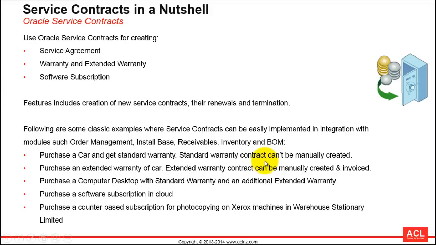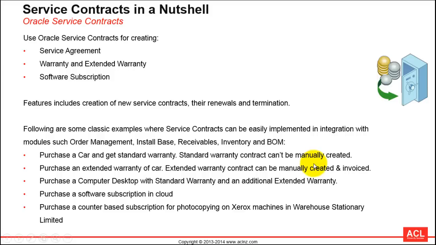That is one way. The second way is you can directly go into the service contracts module and create a new service contract for the extended warranty, and the invoice will be generated automatically from the receivables module via an integration between